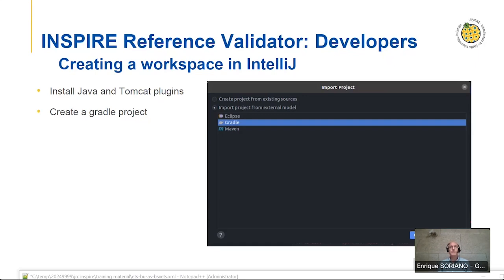In IntelliJ, you will need to download IntelliJ and install the Java and Tomcat plugins. Here we are using this Tomcat plugin instead of Jetty because it works very smoothly and makes it possible to call between different components and create remote calls in order to debug. So the first thing you have to do is install the proper configuration plugins, Java and Tomcat, and then